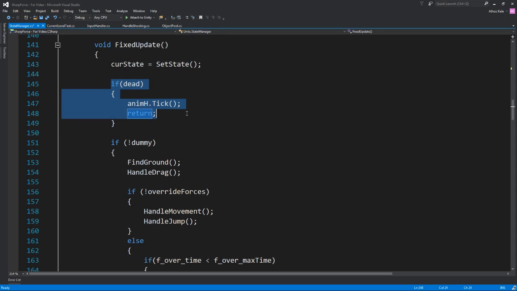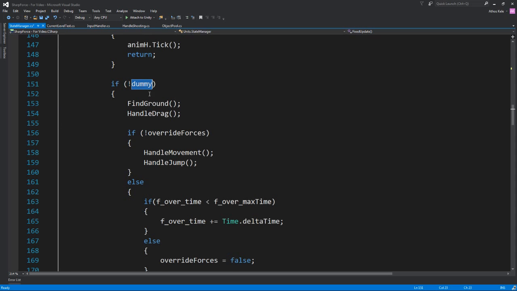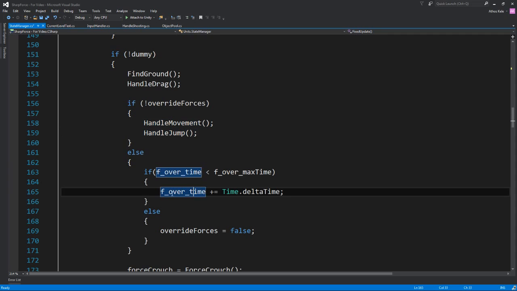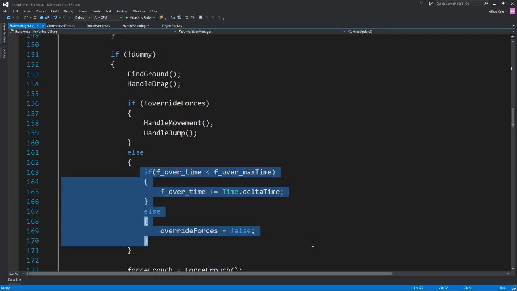Okay, if you are dead, only update the anim handler and then return. If you are not a dummy, we said what dummy is, then you call find ground, handle drag, and if you are not overriding forces, we use the movement, we handle our jumping. Else, if we are not overriding the forces, to override the forces, basically we have a timer for